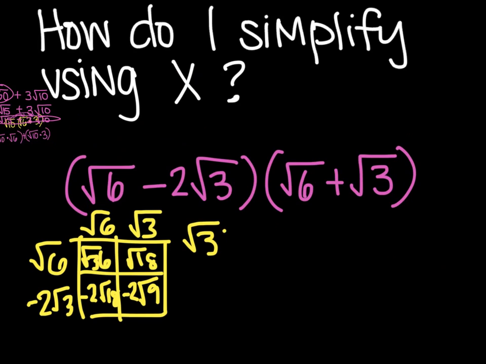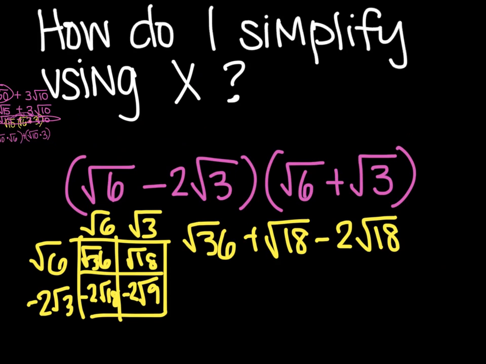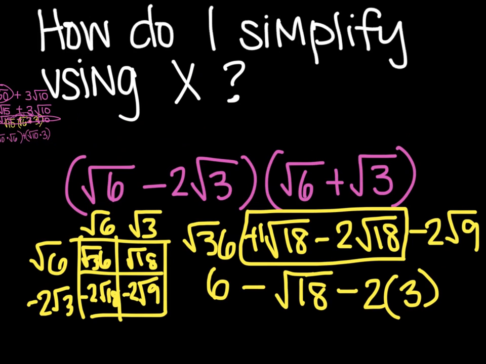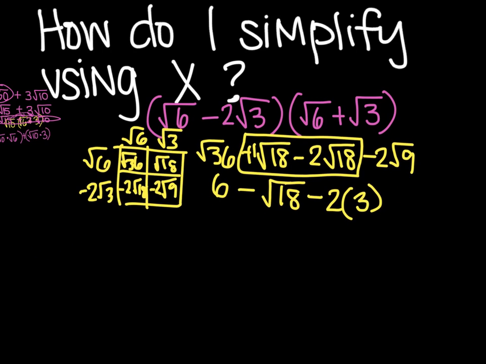So square root of 36 plus square root of 18 minus 2 square root of 18 minus 2 square root of 9 is what I came up with. And then you'll want to combine what you can. And this will be 6. I can combine these together. Remember there's an invisible 1 there, which will give me negative 1, which I don't have to write. But you can. Minus the square root of 18, and then minus 2, and then times the square root of 9, which is 3. So that's the next step, and then I can simplify this a little bit more